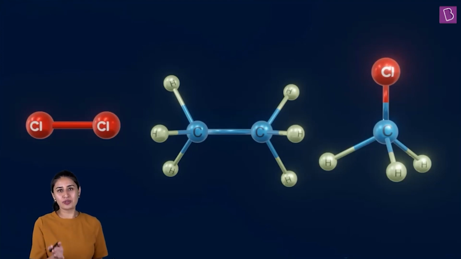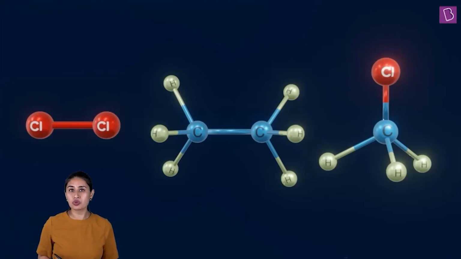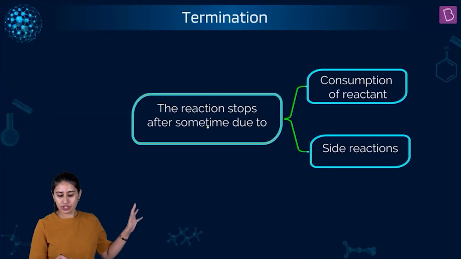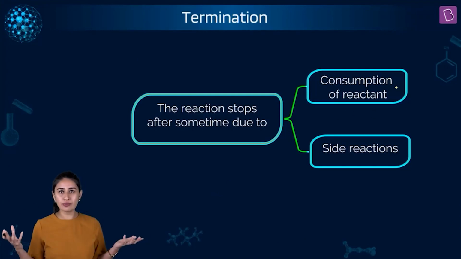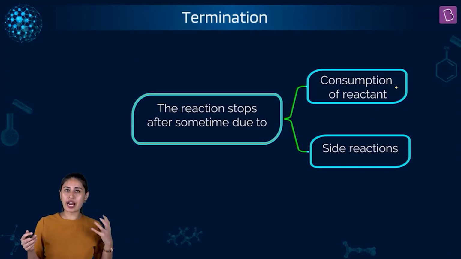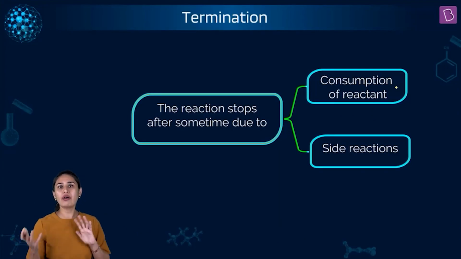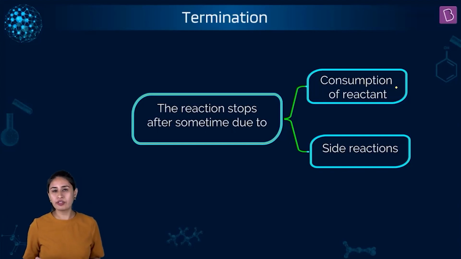But the reason should also be high definition, crystal clear, that how is this termination coming into existence? So termination can be because of two reasons. Number one, the reaction stops after some time due to consumption of reactant. Everything has been consumed. Nothing is left. No more chlorine free radical can be formed. What else? Now everybody will manage with whatever free radicals are present because free radicals are reactive. These odd electron species are very, very reactive. The immediate response will be, if there is any other free radical present, let's just bond with them.